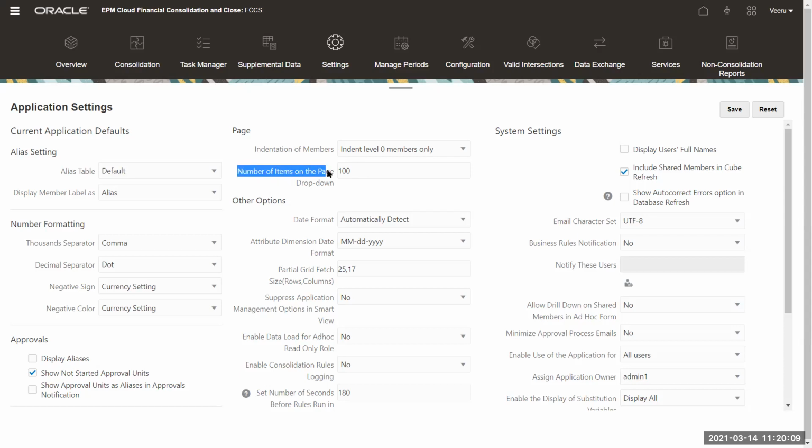And this is one more key thing: the number of items on page drop down. When you open your forms, right? When you open your POVs on the form, you can specify how many line items you would like to see before a search button. Because assume that one account dimension has 1,000 accounts, it will not show all 1,000 accounts in the drop down. It will start with 100, and then below that, it will have 3 dots. In this case, this is a drop down, right? If there are 1,000 items here, you'll have to scroll through all 1,000 items. So instead of that, you can specify how many items you would like to see in such drop downs.